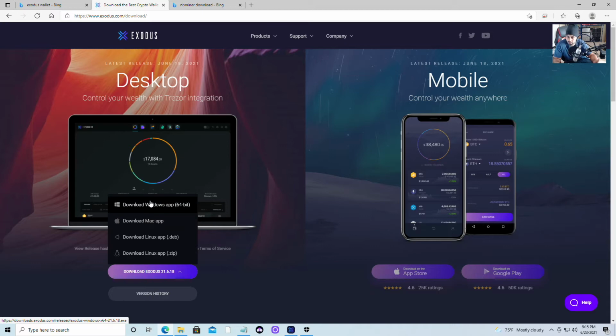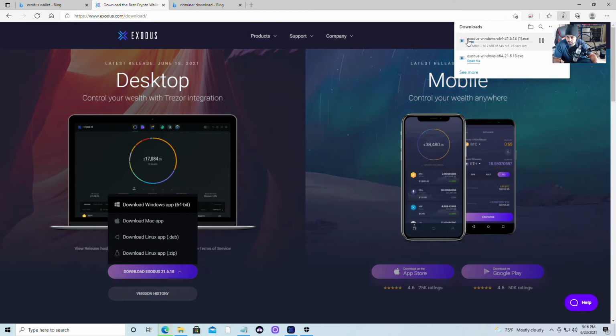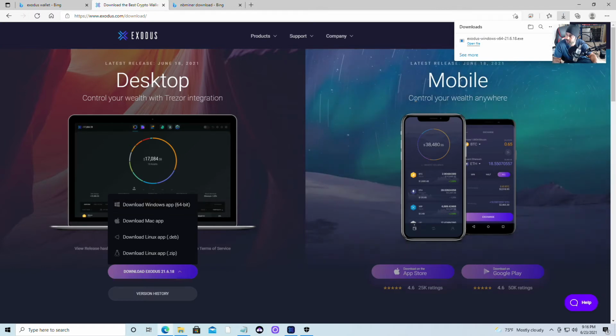If you're on Windows, you do the Windows. If you're on Mac, you do the Mac. If you're on Linux, you do the Linux. If you're doing Linux, you don't need to be watching this video because you already know what to do with the rest of it. If you're on Windows, you just click on this, click on that one, and it's going to download. This one already downloaded, and automatically it's going to download. You just click on open it. As soon as you click on open it,